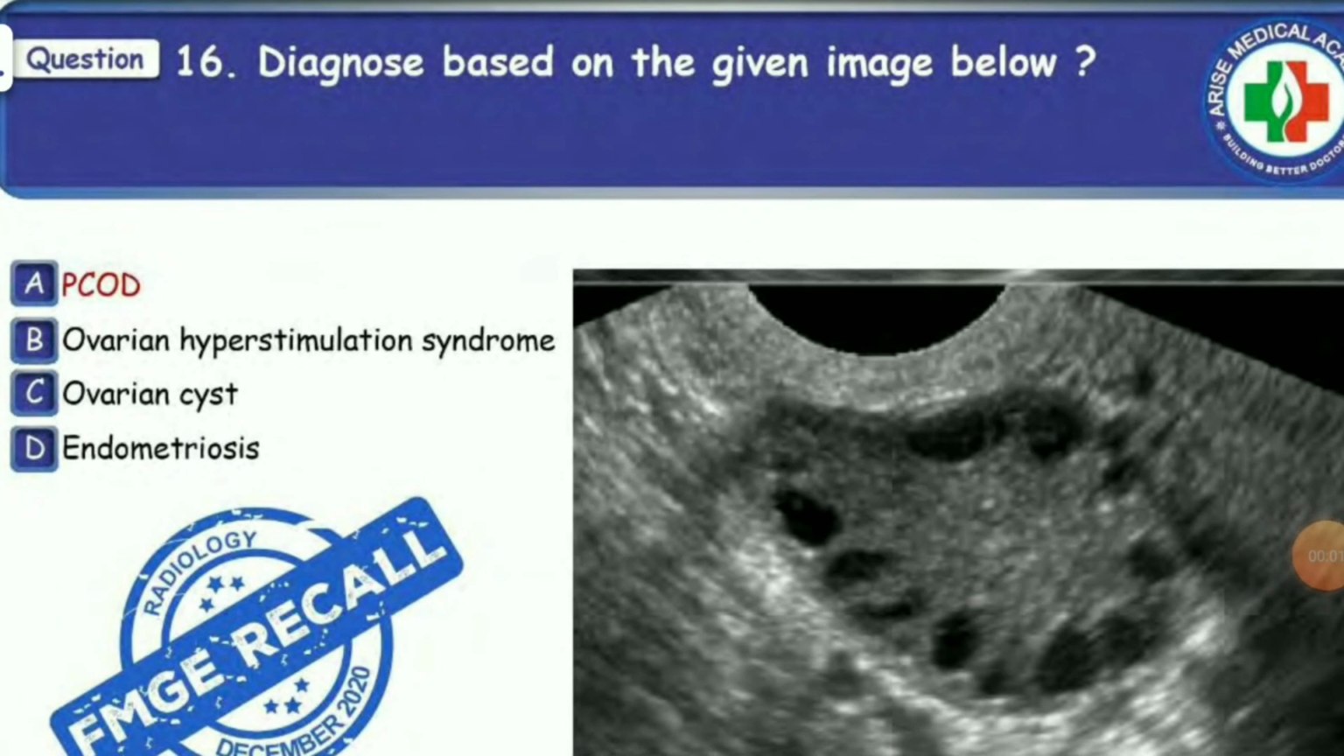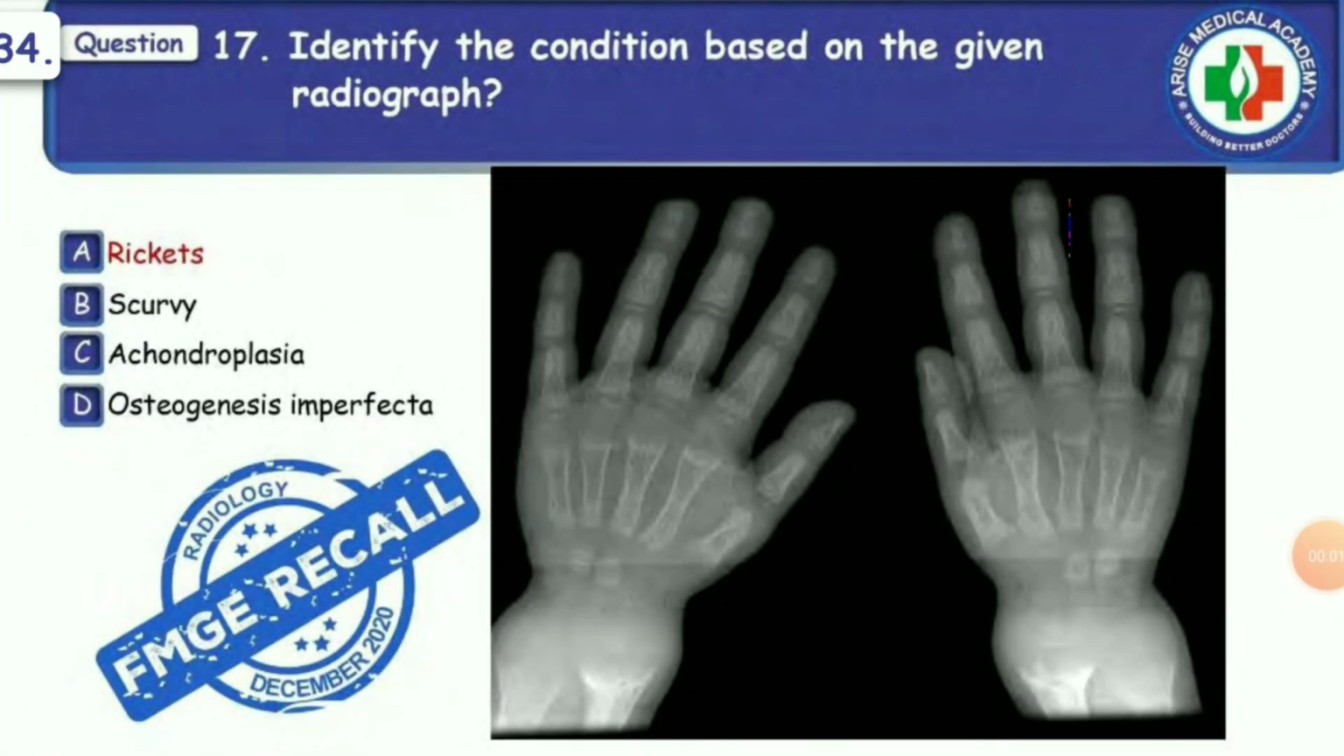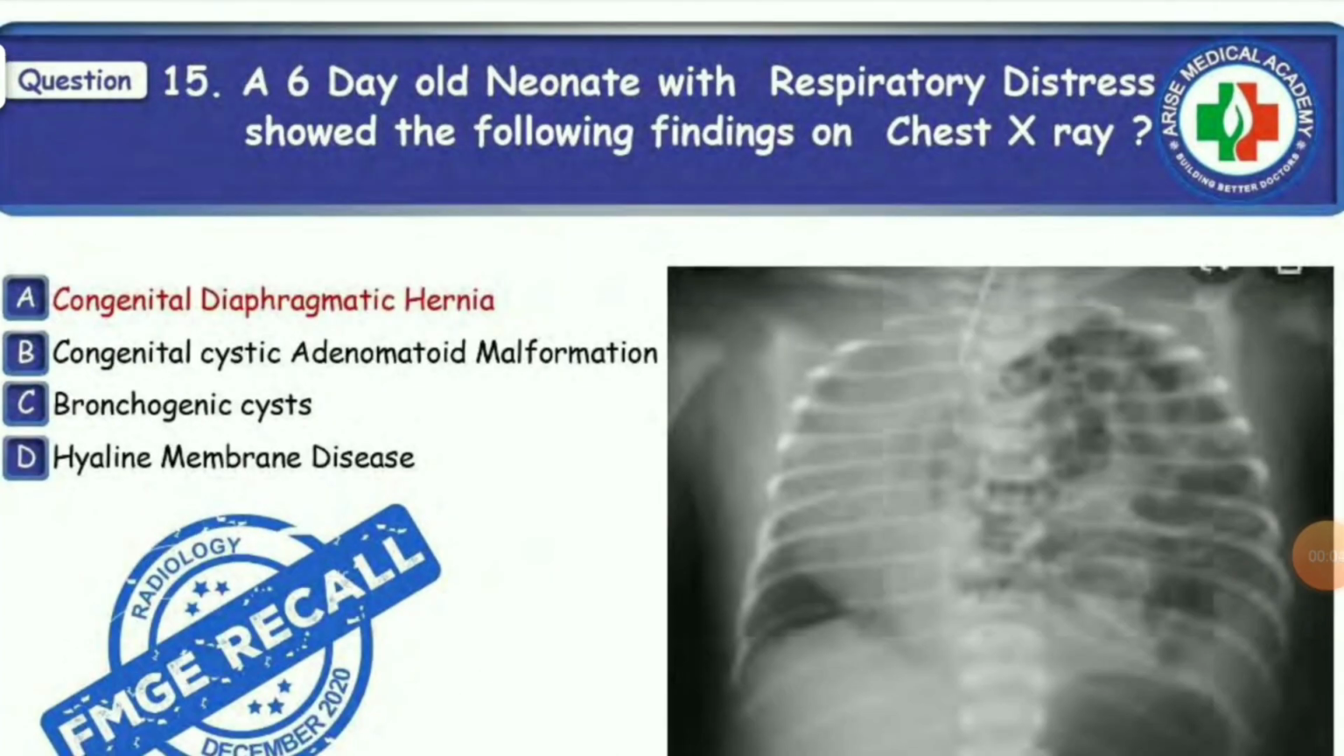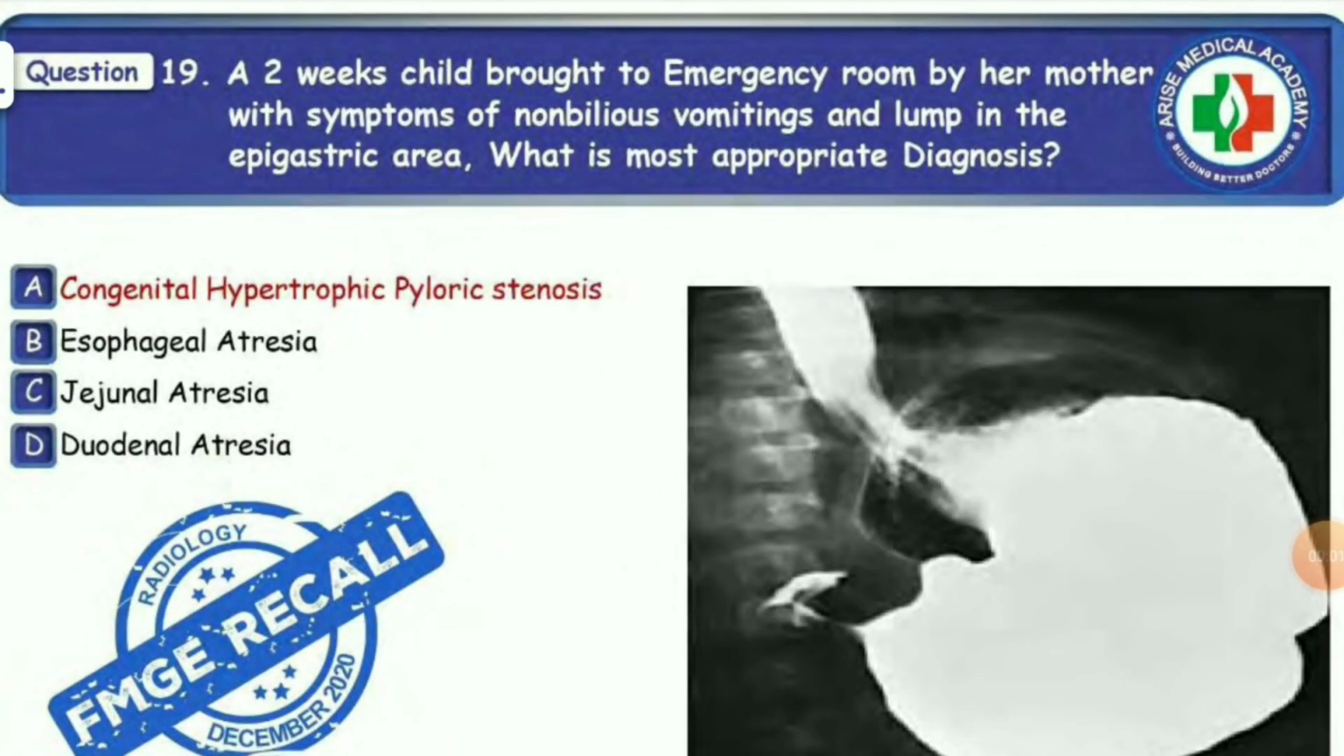Next question, diagnose based on the given image below. The answer is PCOD. Next question, identify the condition based on the given radiograph. The answer is rickets. Next question, a 6-day-old neonate with respiratory distress showed the following findings on chest X-ray. The answer is congenital diaphragmatic hernia. Next question, a 2 weeks child brought to emergency room